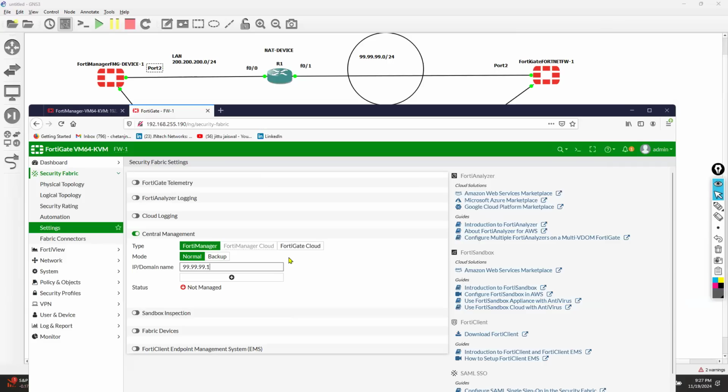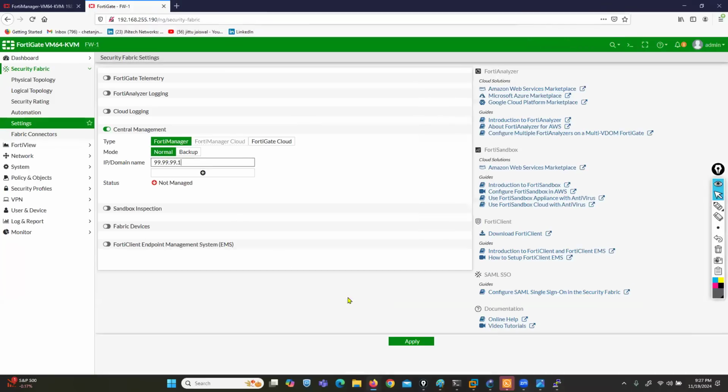Yes, this is not the actual FortiManager IP address. This is the FortiManager NATed IP. So you can create your entry and click on Apply. When you click on Apply,